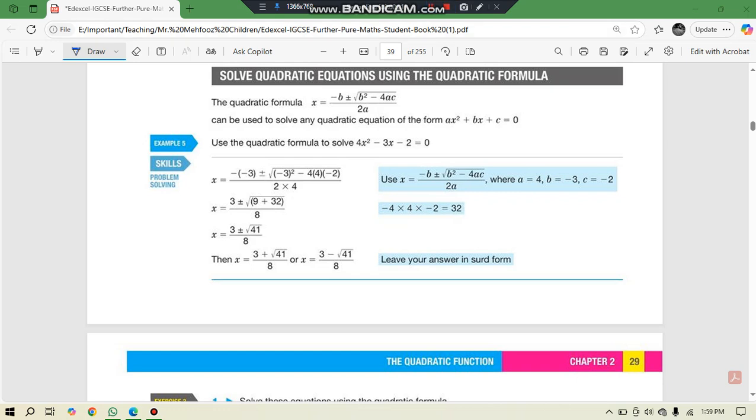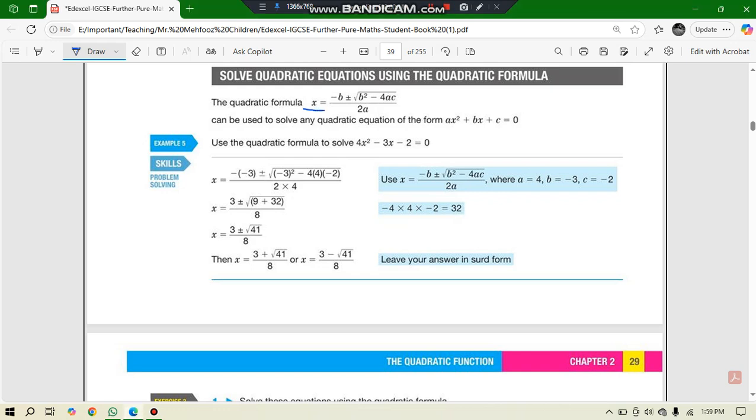As you have seen in the previous video, we have proved the quadratic formula. Solve a quadratic equation using the quadratic formula. The quadratic formula is basically x is equal to minus b plus minus the square root of b square minus 4ac, over 2a, right? So you can see that in the previous video we have proved the quadratic formula, and the proof of